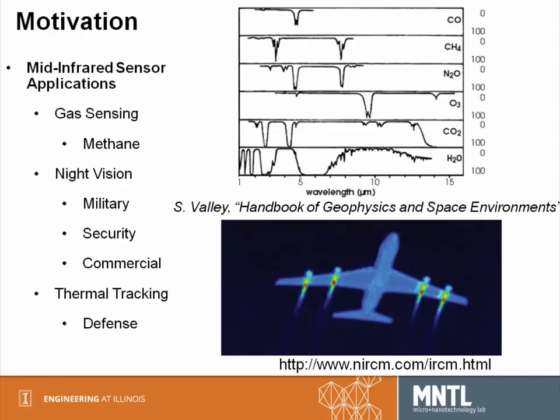Okay, so in recent years, there's been a growing demand for mid-infrared detectors in a wide range of applications. These applications include gas sensing, where high selectivity sensors are required in order to differentiate sharp absorption peaks for gases such as methane from surrounding gases. They also include night vision applications, where high sensitivity detectors are desired in order to provide good contrast between objects at similar temperatures, as well as thermal tracking applications, where fast thermal detectors are required in order